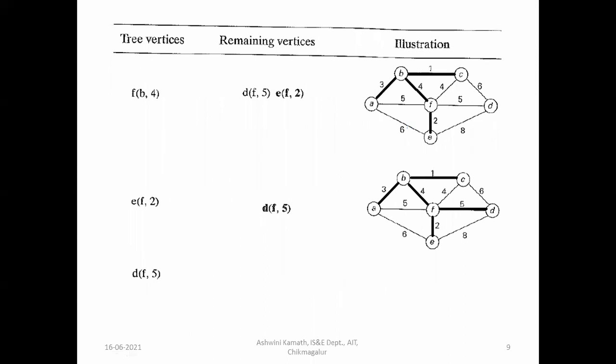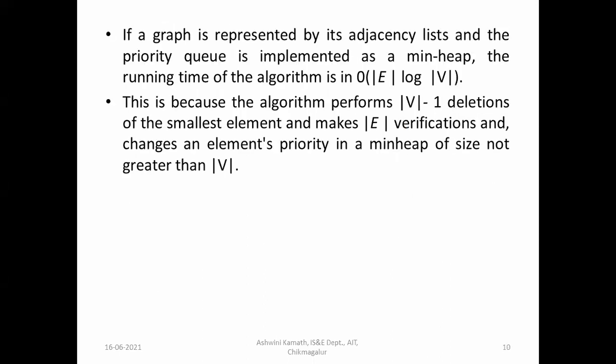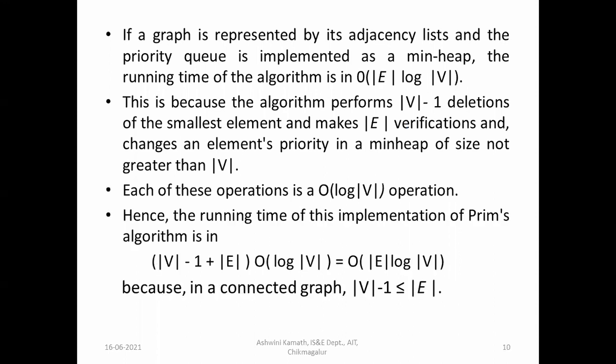So here you can see the number of edges and number of vertices. Number of vertices is equal to 6 and number of edges in the spanning tree is equal to 5. You can notice that. So A to B 1, B to C 2, B to F 3, F to E 4 and F to D 5. So 5 edges we have, 6 vertices we have. So that is the relationship here.